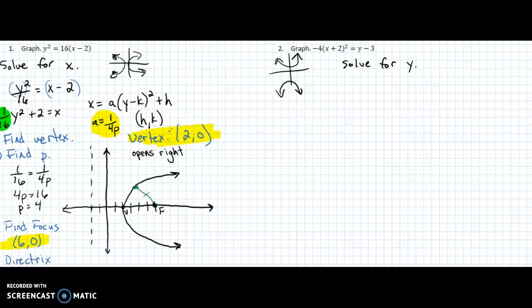But with the parabola, those are the things you need to know. You need to find the vertex, find the focus, find the directrix, and then just know which way it opens: up, down, left, or right. Okay, let's look at one where we are